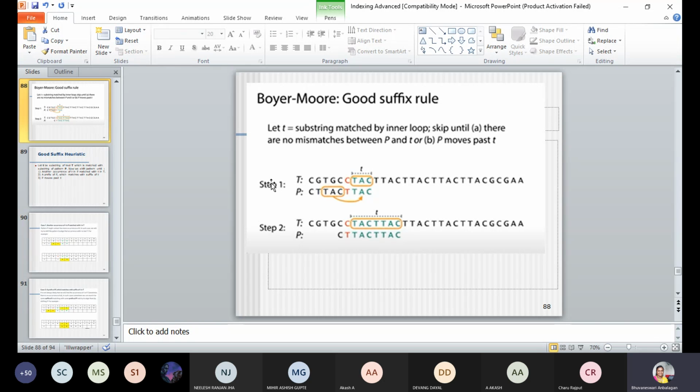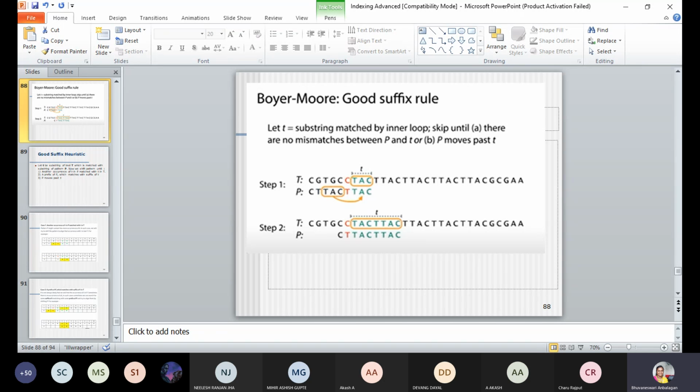You place the entire pattern over the text. We are not looking into the length of the text or the length of the pattern. Until the end of the text, we have to move the pattern. There is no doubt in that. We are going to simply place the pattern and search from right to left, and this will keep on moving until the end, in spite of whatever the size of the text is.